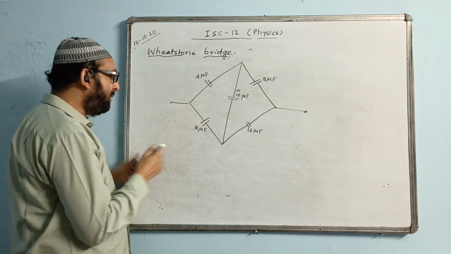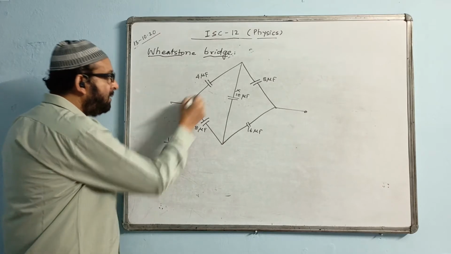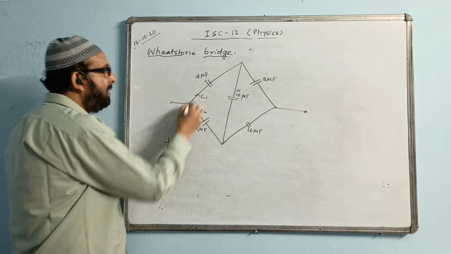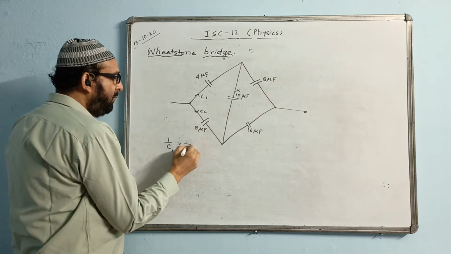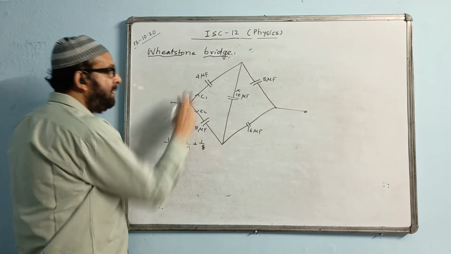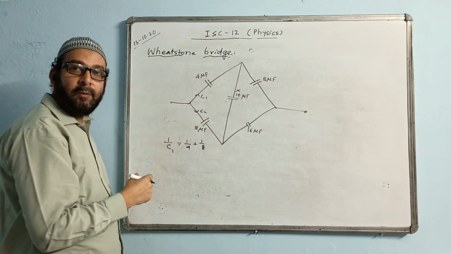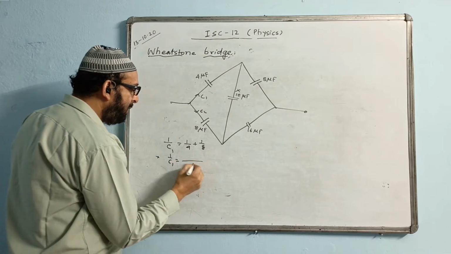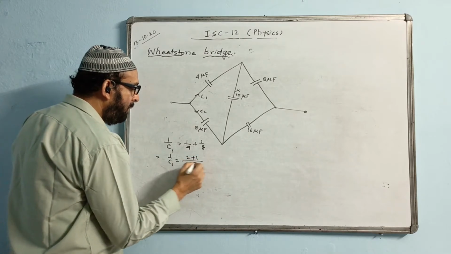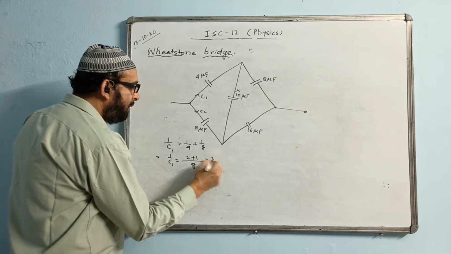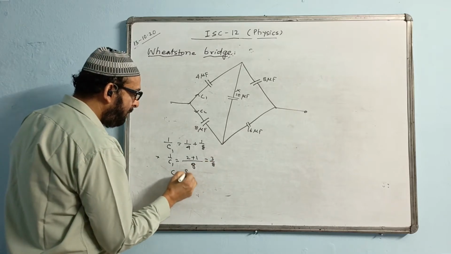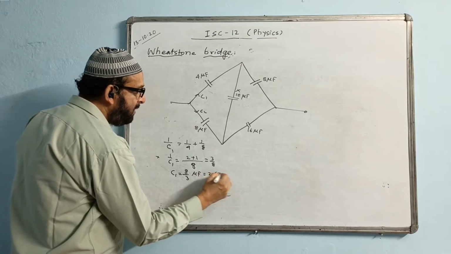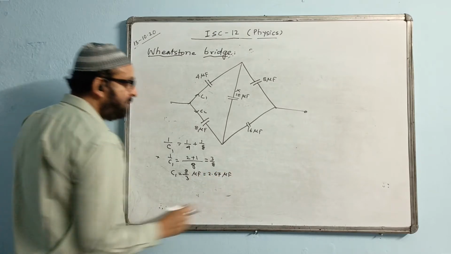But in series the capacitance formula is different, so I will be writing it like this. So this one's total value is C1 here, this is C2. I write first 1 by C1. The series formula is different. I write the formula 1 by 4 plus 1 by 8. In series, the capacitance formula is the reciprocal formula. You can take the LCM and check how much the answer is coming. 8 is the LCM, you get 2 plus 1. So it's coming 3 by 8. Therefore the C1 value is coming 8 by 3 microfarad. This will become 2.67 microfarad. This is the value of C1.